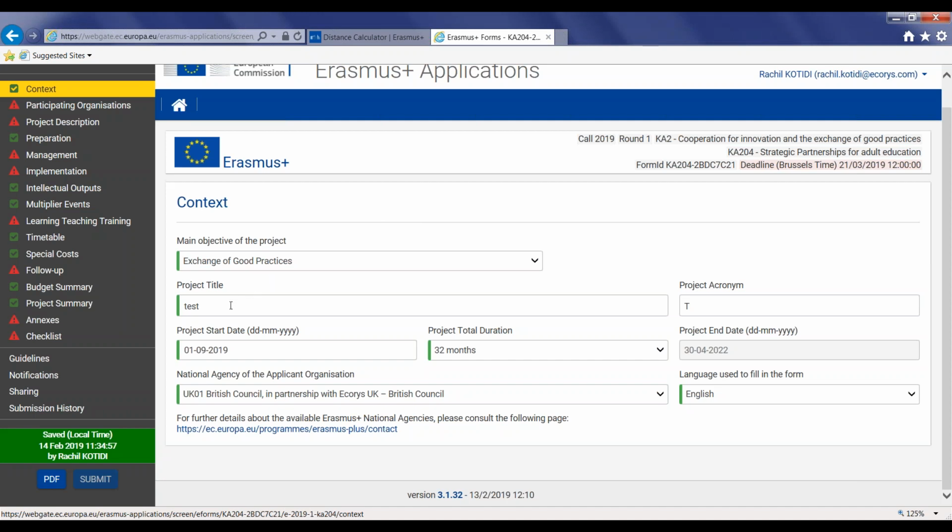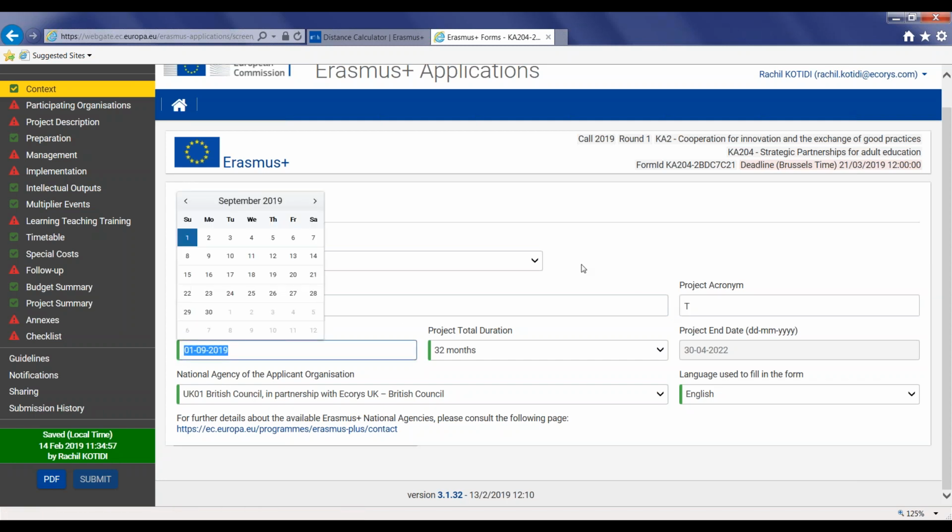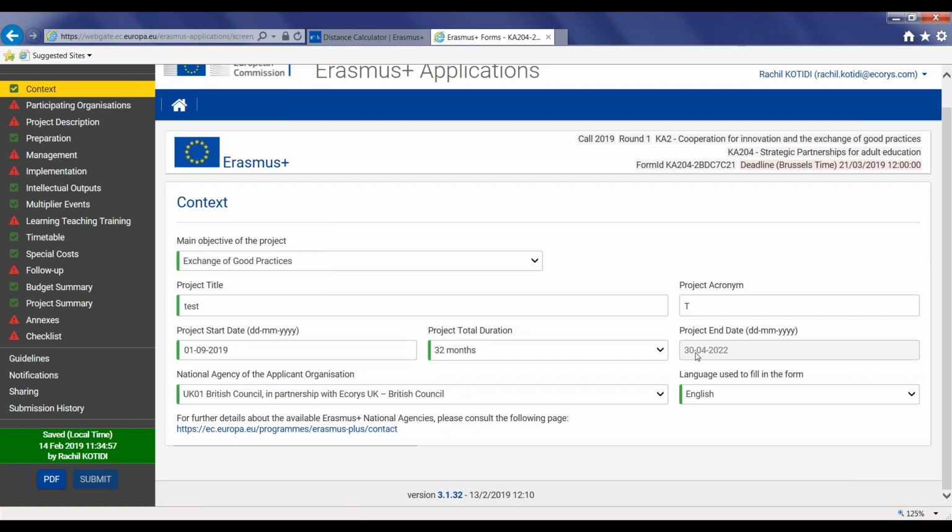Here you have to input project title, details in the respective tab. There is also an opportunity to type in a project acronym if you have one. Following this, you will need to input your start date and choose the duration of your project. This will automatically fill in the end date for you. The start date of the project must be between 1st of September and 31st of December of 2019. Please note that the latest possible end date for your project is 31st of August